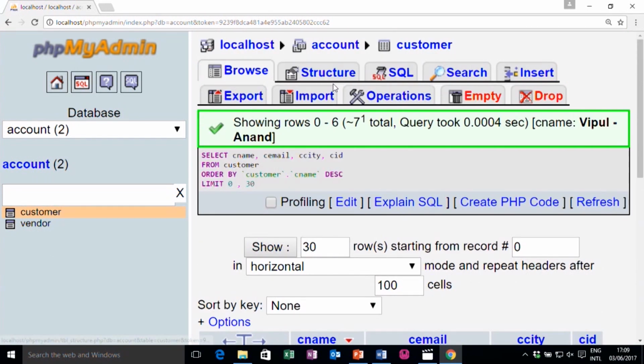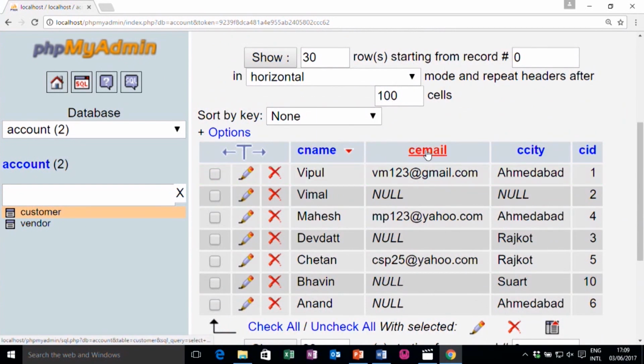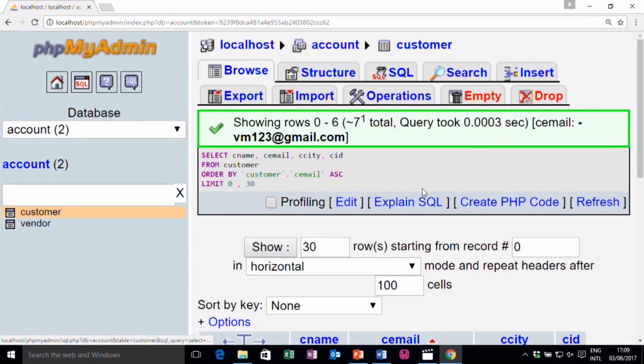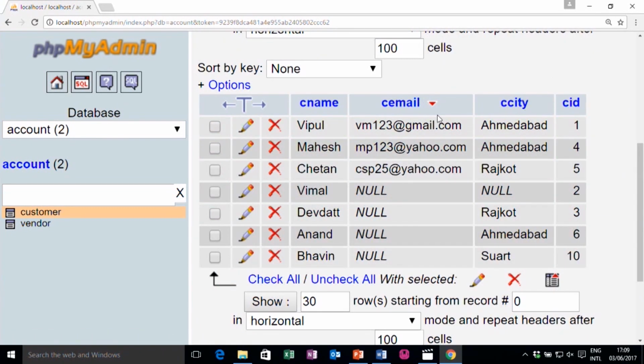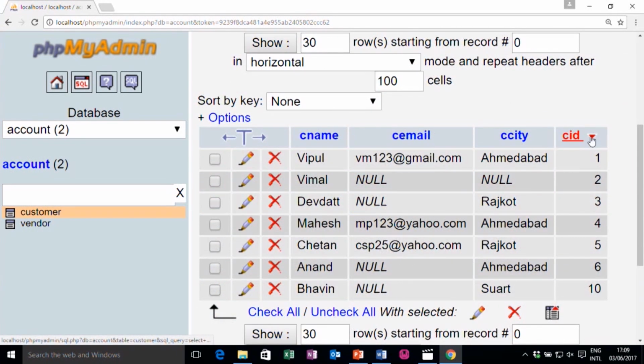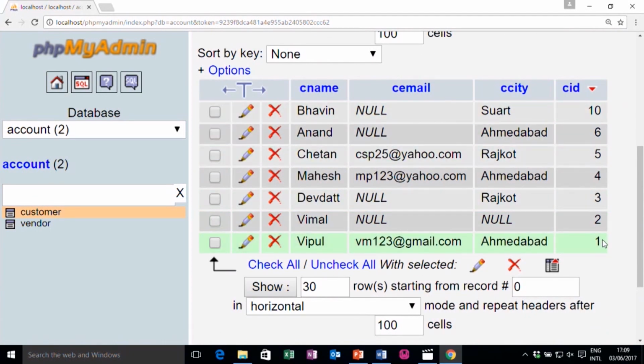For C email also, this arrow indicates you can change the order, right, CCT, CID, etc. and just keep in mind it will be either ascending or descending order.